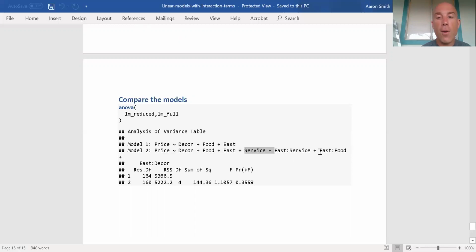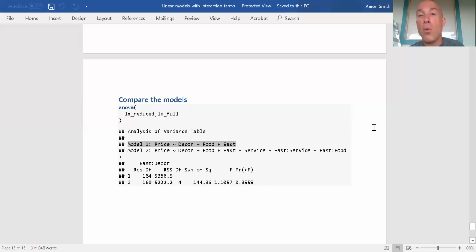Okay. Well, the differences are service and the interaction terms. What the F-test, what ANOVA, does for us is ask the question, is it worth it to add on these predictor variables? Remember, the more complicated the model is, the more difficult it will be to interpret and to work with. Also, I run the risk of overfitting. So the null hypothesis is that these two models are equally informative. The alternative is that the second model is more informative. I look at my p-value, and I conclude that the two models are equally informative. If they're equally informative, I want to go with the simpler model because that's easier for me as a human being to work with. So I conclude that the